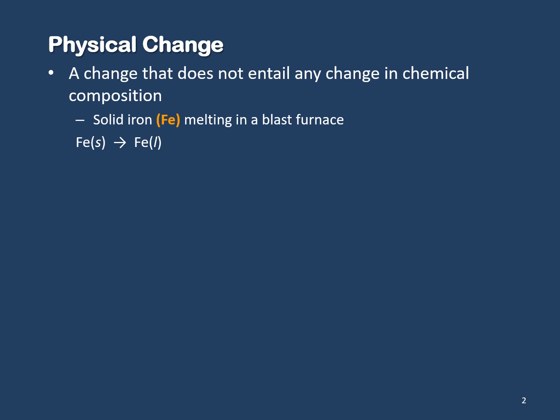Physical state changes are one of our major physical changes. Ice cube melting, going from the solid state to the liquid state. Again, that would be a physical change because we're changing physical state. Another type of physical change is a change in appearance. If I took my cell phone and smashed it with a sledgehammer, the cell phone definitely underwent a change, but the substances in the cell phone didn't change. They just got broken up into smaller parts. So there is no change in chemical composition when we break something. So breaking something would count as a physical change